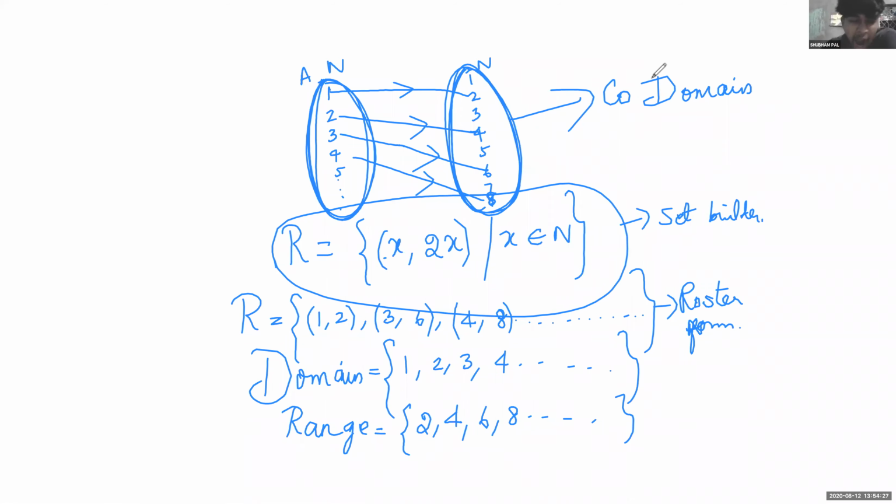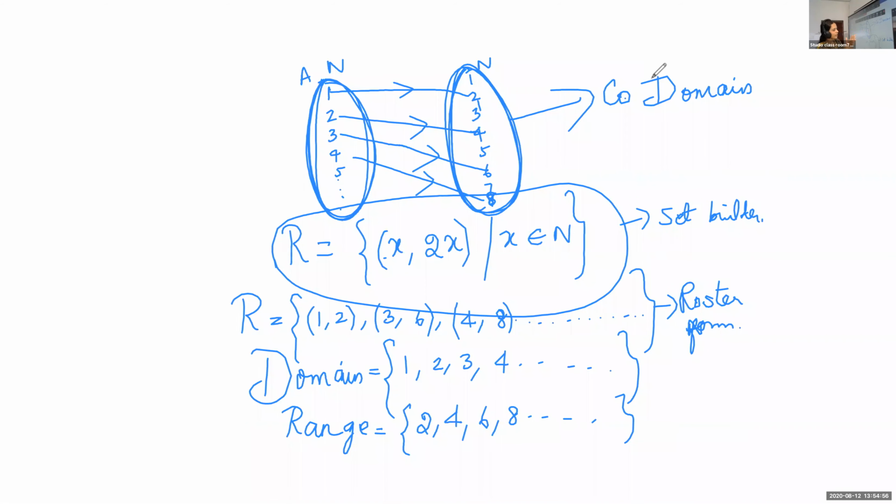Now can you tell me what is the relation between the codomain and range? Karthik? Codomain means we are taking all the elements, isn't it? This is a set. Ma'am, range belongs to codomain. Elements in range are the elements in codomain. Very good.